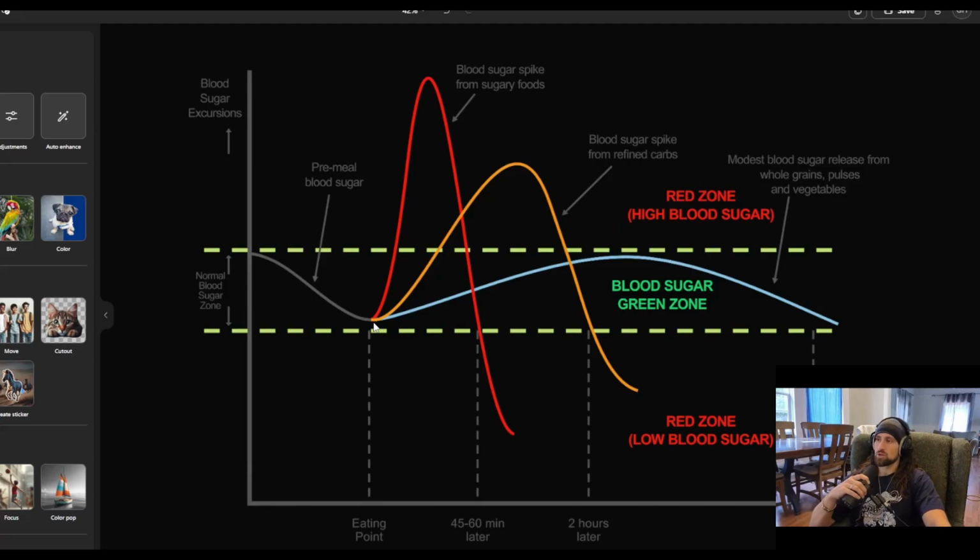So if you eat protein with carbs, you actually slow down how fast your body can absorb it. If you have plain rice versus plain rice and vegetables and meat, the plain rice will probably be more similar to this: it'll go up a little high and then it'll go down. If you combine them all together, it slows the absorption of all of this